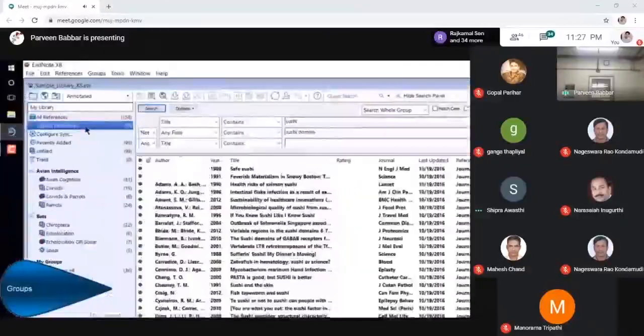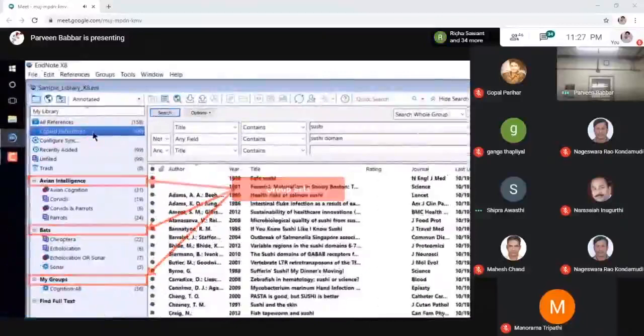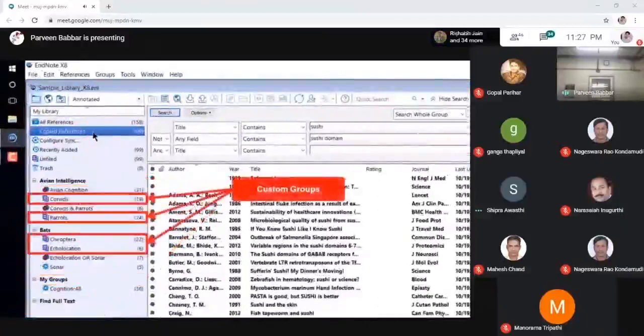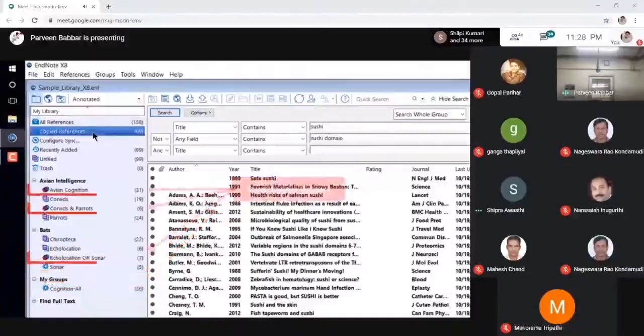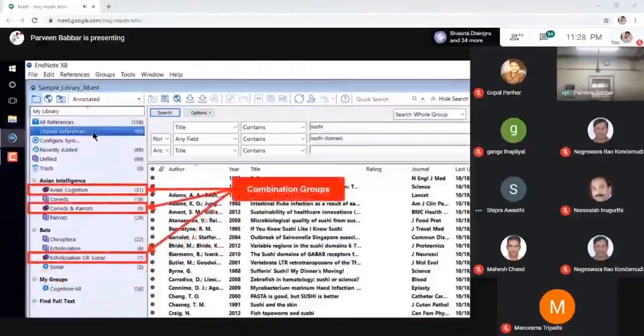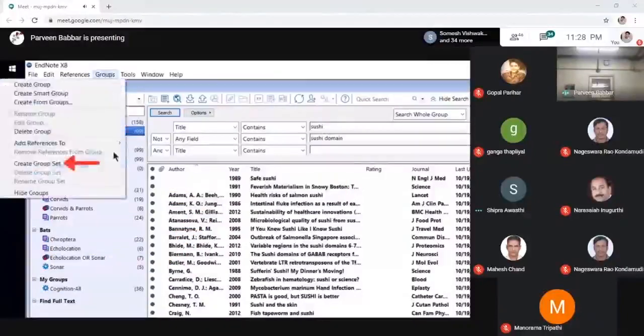In my online search, I excluded references with the phrase sushi domain, but I will be importing some with the phrase later. I would like to set up groups and a group set for my sushi project that will organize references with the phrase apart from references about sushi the food. First, I will create a group set for the project. Group sets are used to organize groups and can be dragged up or down the screen, allowing me to keep my current projects on top. I select Create Group Set from the Groups menu.